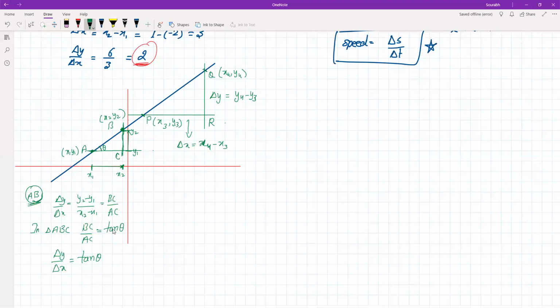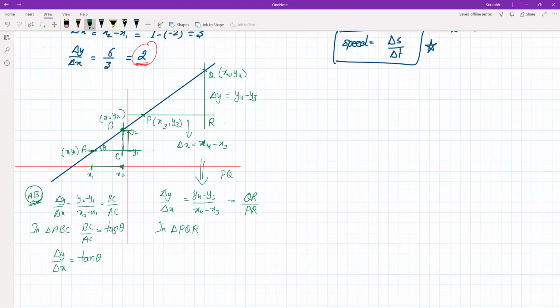Now in this case, if I have to find, that is from P to Q, delta y by delta x, what will be that? That will be y4 minus y3 divided by x4 minus x3, correct? But what exactly is y4 minus y3? That is QR divided by x4 minus x3, that is PR. Now in triangle PQR,